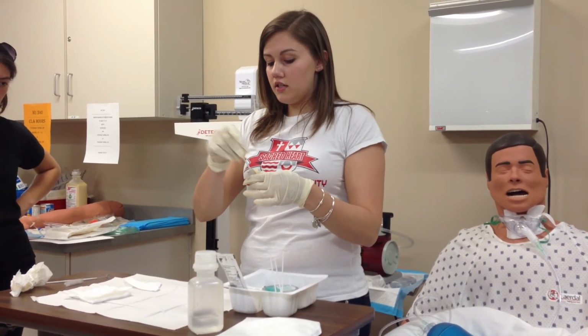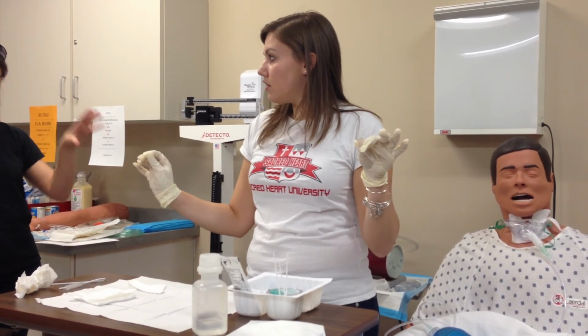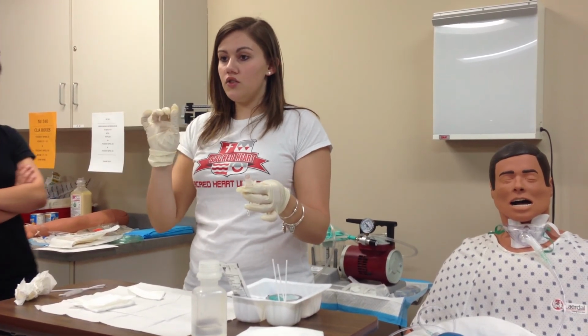Now, here's the thing. Did you guys ever ask what you should do about putting the catheter back in? You do treat it off like that? Okay, so when you put it back in, you need to use your sterile hand